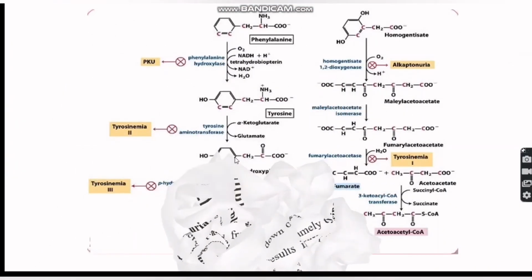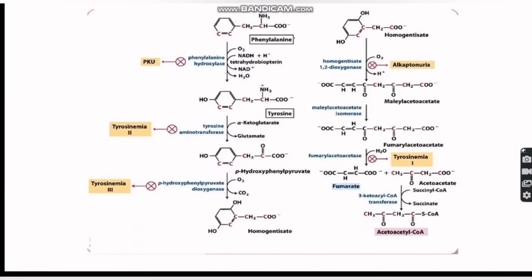We will start the lecture with the normal phenylalanine degradative pathway. The first step is phenylalanine. It is converted into tyrosine by the enzyme phenylalanine hydroxylase, and its cofactor is tetrahydrobiopterin. This enzyme catalyzes the hydroxylation of the aromatic ring of phenylalanine, converting phenylalanine to tyrosine. Then in the next step, the tyrosine is converted into